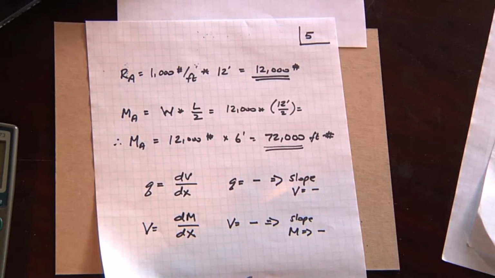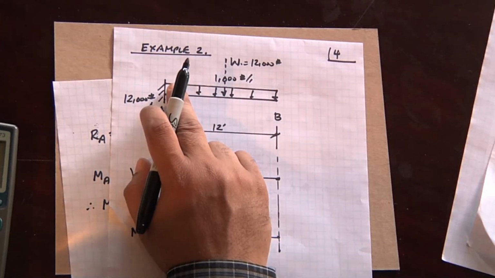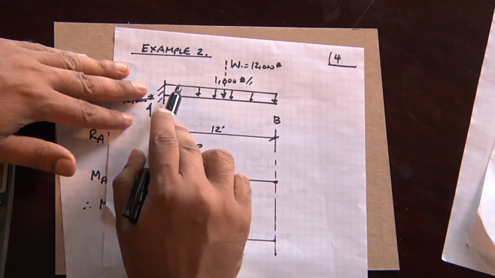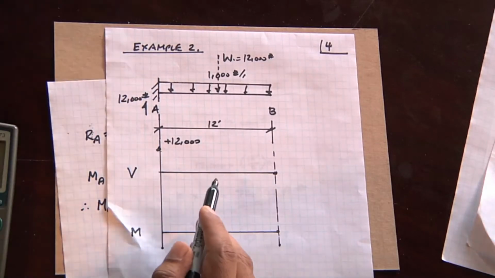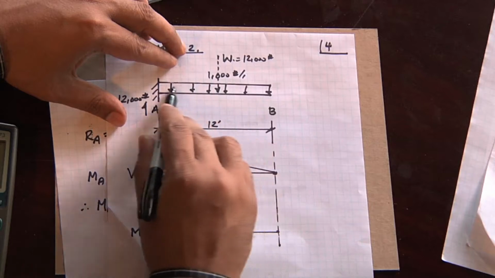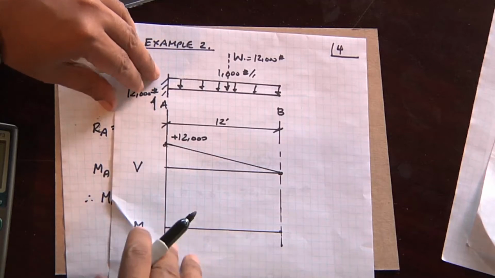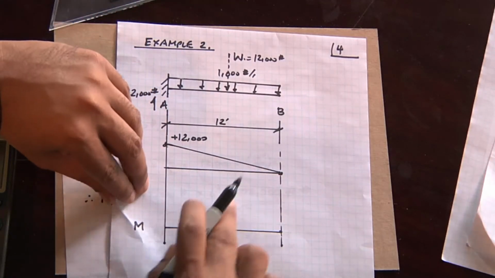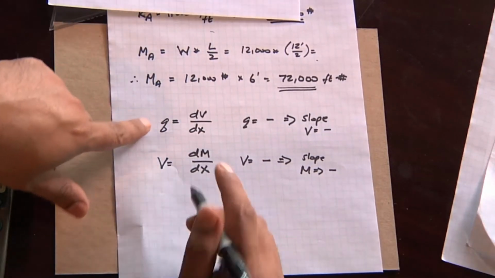So all that means is that if my load is a linear load, in this case a constant load, then my shear diagram is going to have a straight, direct slope, because this value up here is a constant. And I can show you what that means mathematically. And the slope of the moment diagram, because the moment is the integral, taking this equation,